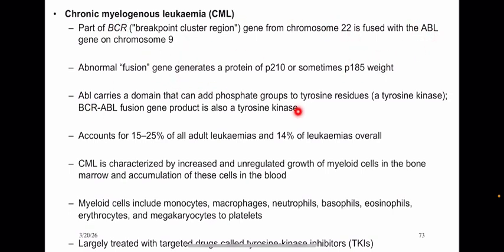This abnormal fusion will generate a protein called P210, or sometimes P185, right? And the ABL of chromosome 9 carries a domain that adds phosphate groups to tyrosine residues. Okay, so the fusion between BCR and ABL, the gene product we get from this fusion will also be a